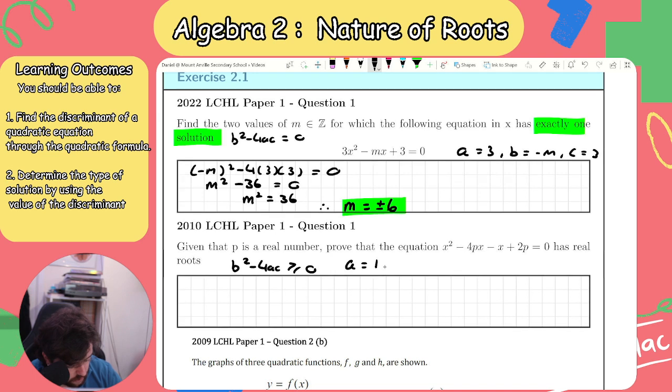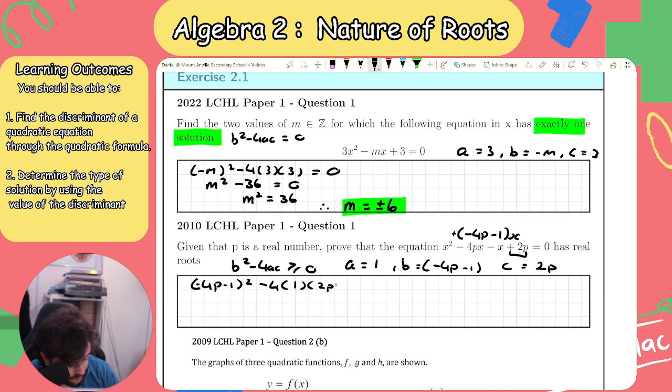So a is equal to 1. B is going to equal, so I have minus 4px minus x. Well, if I factor out an x here, I'm going to get minus 4p minus 1 times x. So therefore, b is going to equal minus 4p minus 1. And then c is just my constant term here, which is just 2p. Sub it in, I get minus 4p minus 1 all squared, minus 4 times a times c,